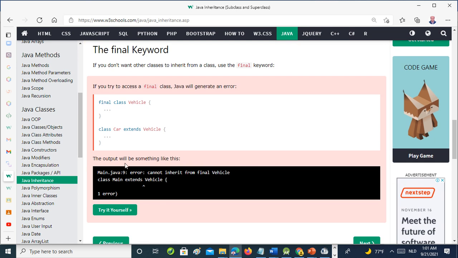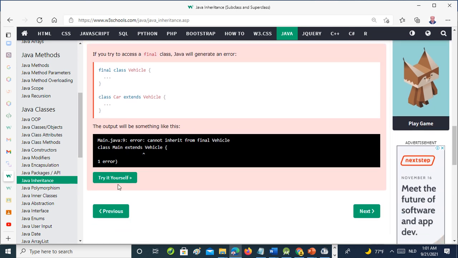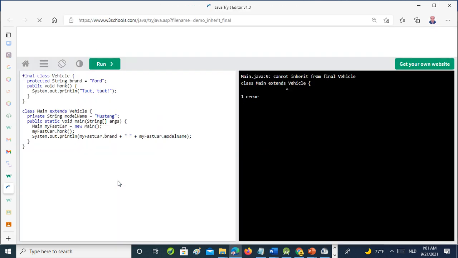Final keyword, this will give an error because